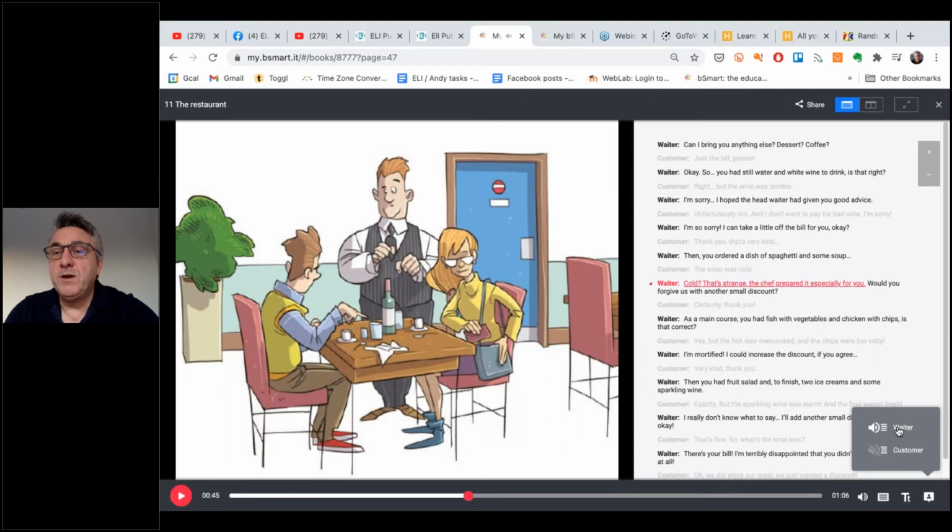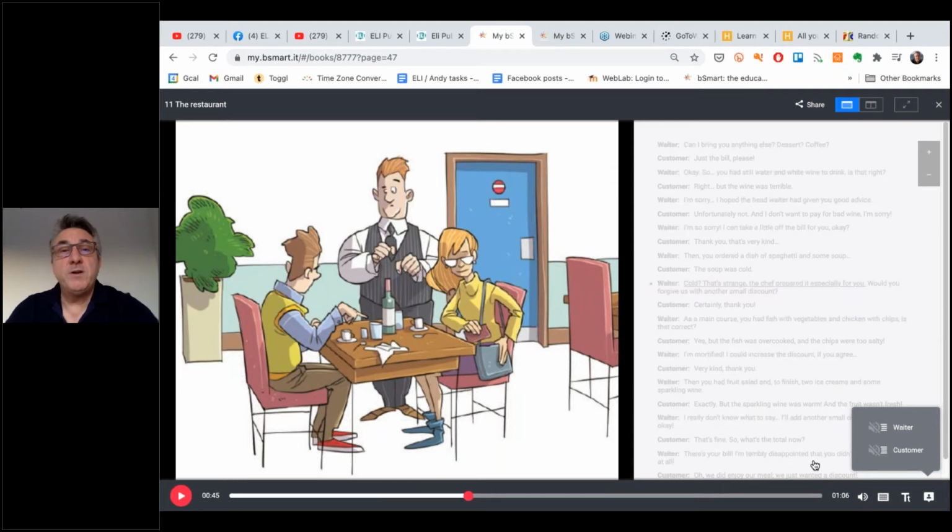It's nice, huh? I like that. You can actually hide both, and then you can have students simply work in pairs together. Maybe they can work at home and record it together. You know, maybe they could have a WhatsApp call and one person can record it on a different device. I don't know, but there's always a way.